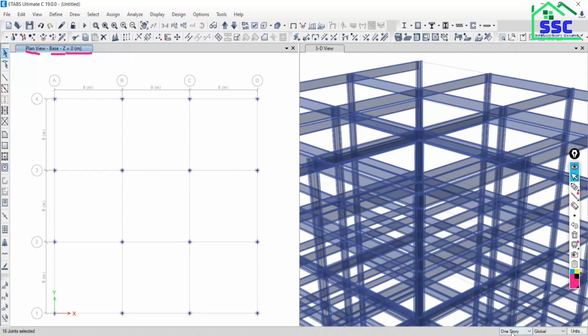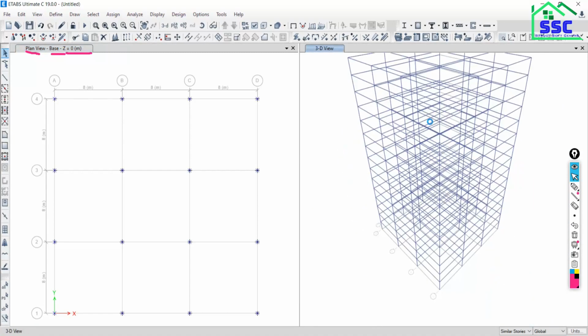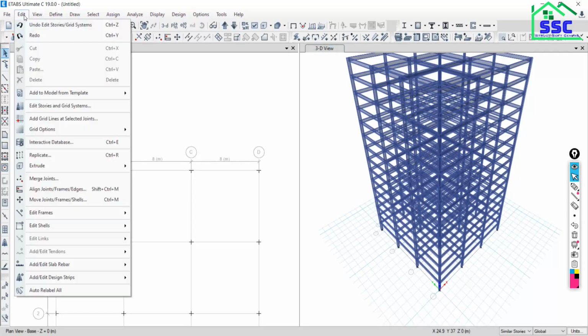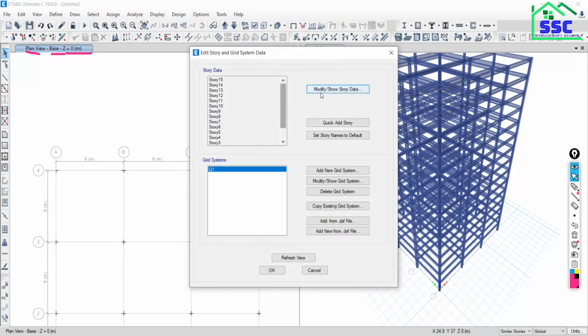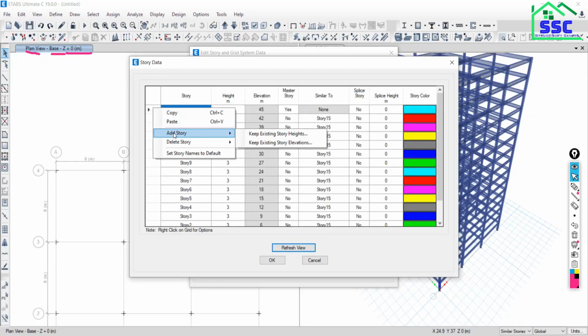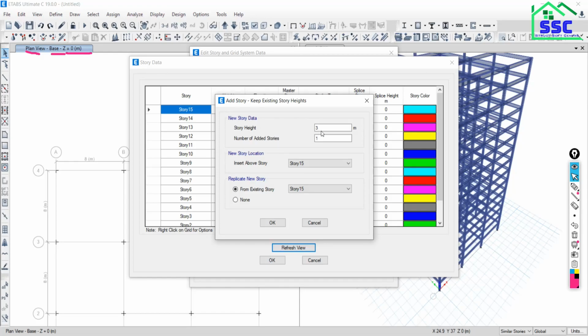Now what is actually the application of similar story? That we actually have to understand. Okay, so just go back and go to editor, go to edit stories and go to modify story, put add stories, keep existing stories, put story at 3. I want to add 10 more stories. The addition should be above the 15th story.